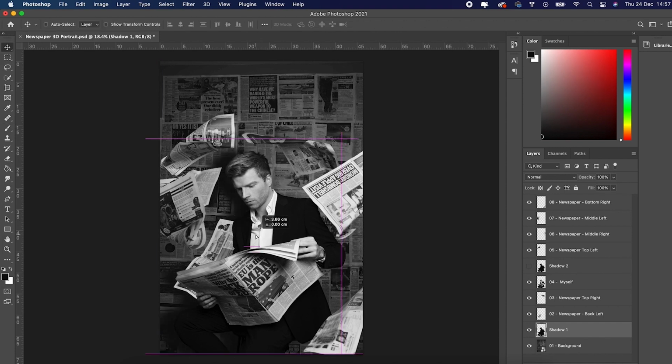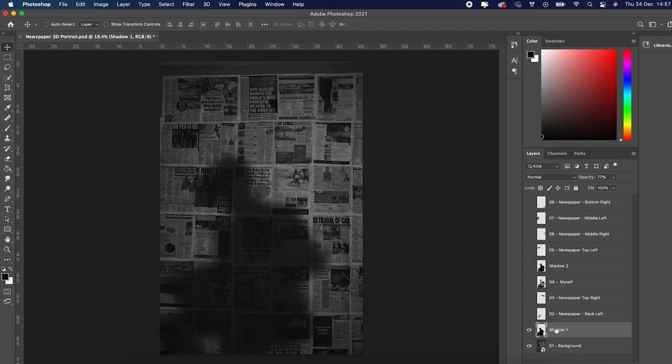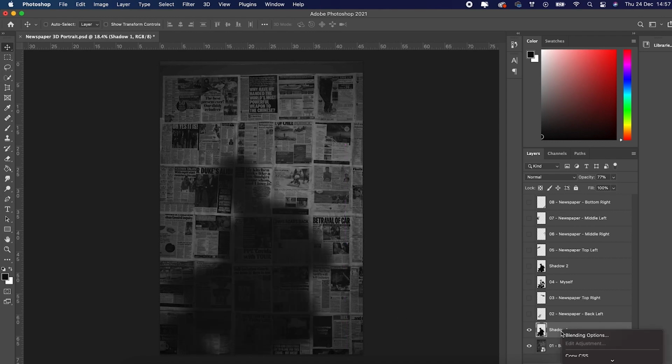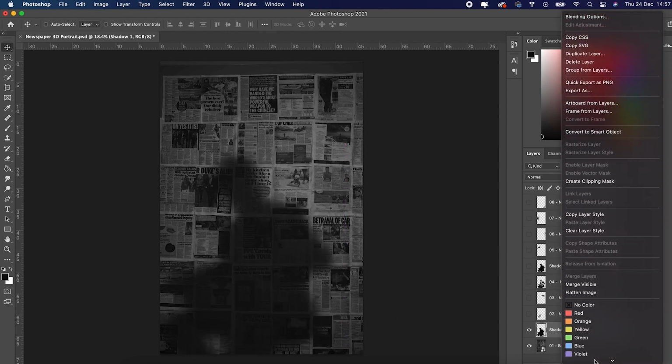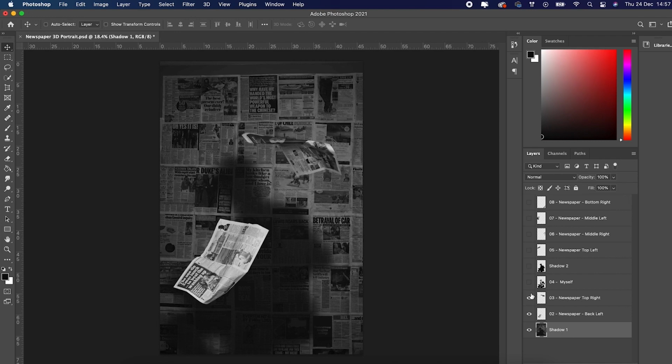The shadow should be casting slightly lower and to the left of the subject, as the light source is slightly higher and coming from the right. I dropped the opacity to reduce the intensity of the shadow. Once happy with the final position, right-click the shadow layer and select Merge Visible. Make sure the only layers that are visible are the background and the shadow layer. You don't want to go accidentally merging any of the other layers with this as well.